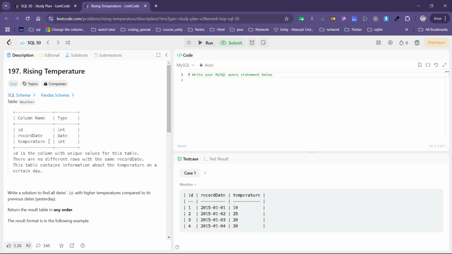ओके, so the question has one table, and in that table we have three columns, that is id, record date, and temperature. So it says that id is the column with the unique values for this table. There are no different rows with the same record date. So the record date in all the entries will be different,